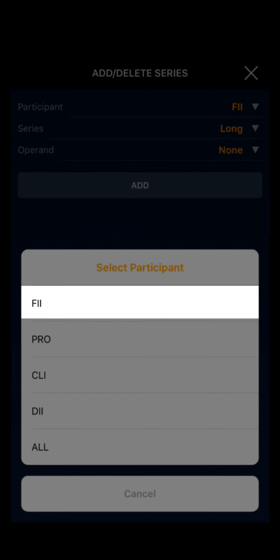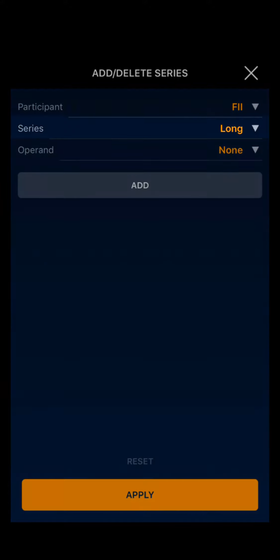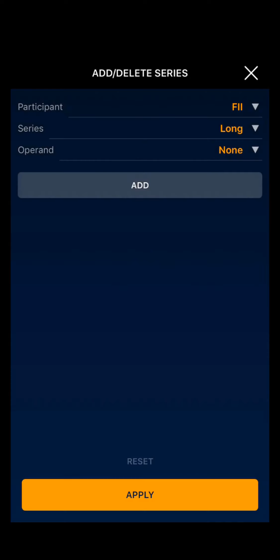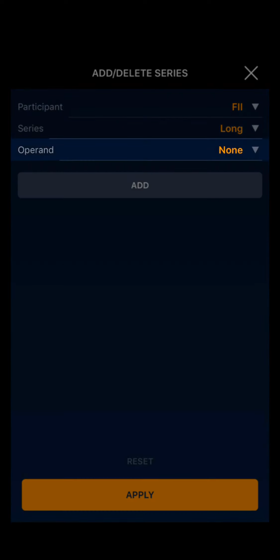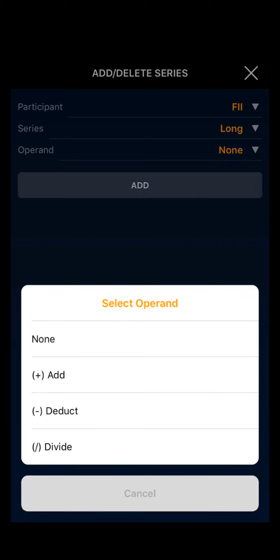Let's select FII. Then you can select the series, that is long or short. And then you have operand. In operand, you can either add two series, or you can deduct two series, or you can divide two series.